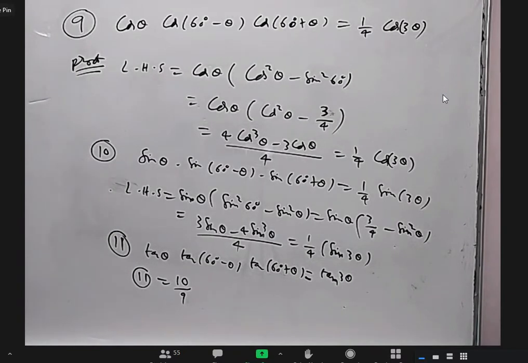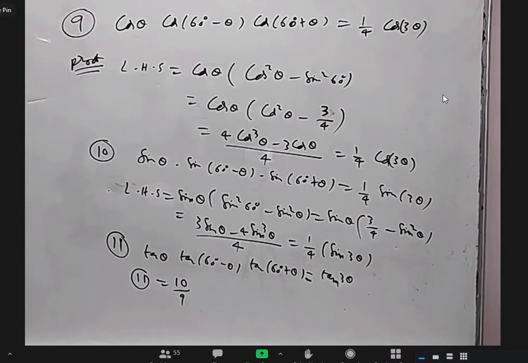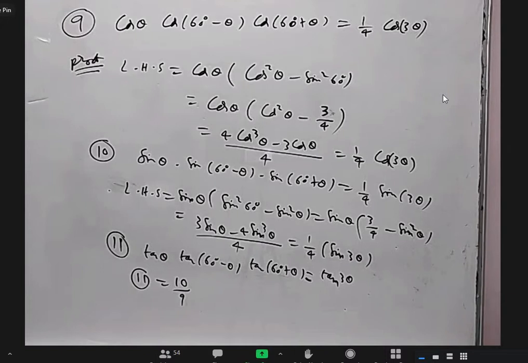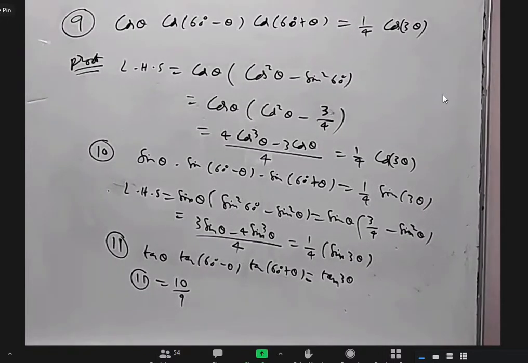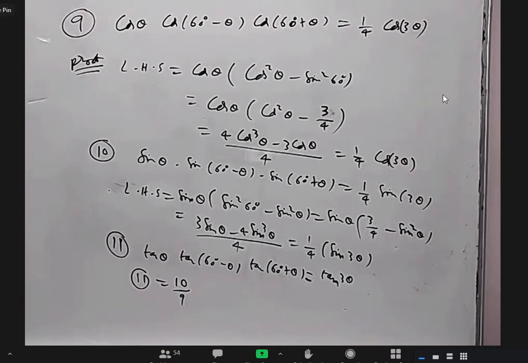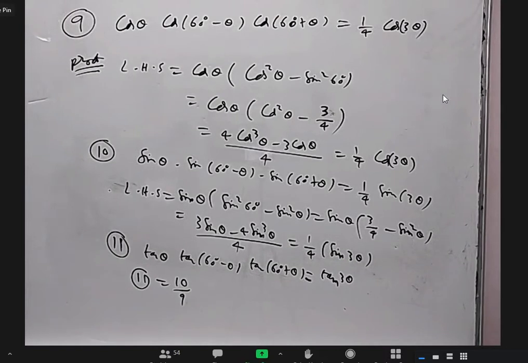Okay. Yes. Sir, due to network issues, I didn't see the formula, sir. What is it about cot 3 theta? I don't know, but later on somebody will send notes. You can see this. Okay, sir. You wrote the 11th one is equal to 10 by 9. Yes, the 11th result comes from the 10th result by the 9th result. Oh, okay, sir. 10 by 9, I thought numbers. Sorry. I was just joking about it.